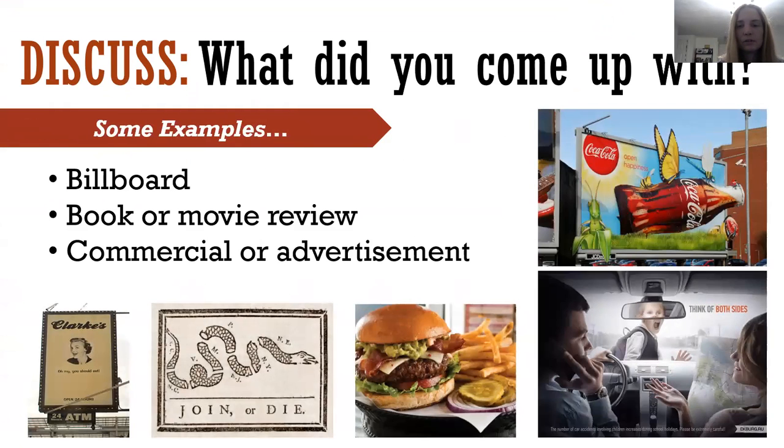So here are some examples that you may have thought about. Opinions can happen on billboards or books or movie reviews or commercials or advertisements. So maybe you were just thinking about a book that you liked or didn't like. You were for it or against it. Maybe you were thinking about a food that you were for or against. Okay, so you would see these foods in these books, on billboards like in the pictures, or in advertisements. Just open any magazine, find a product. Do you like it? Do you not like it? That's your opinion on it.